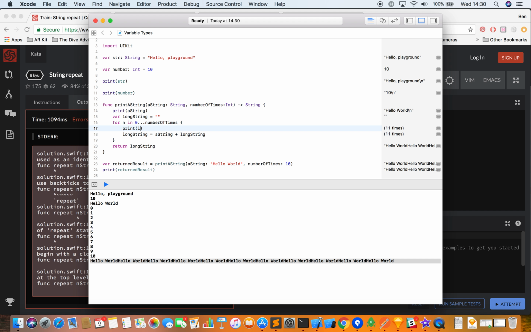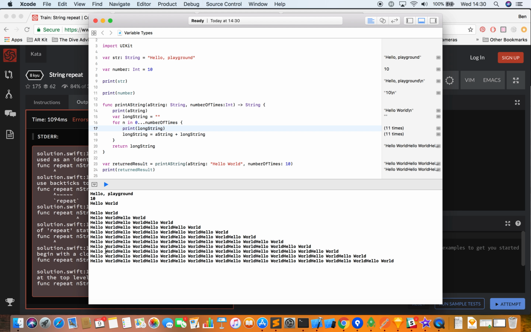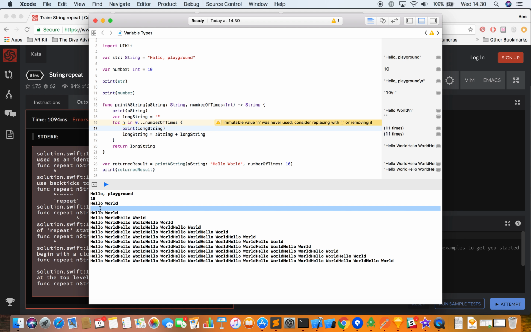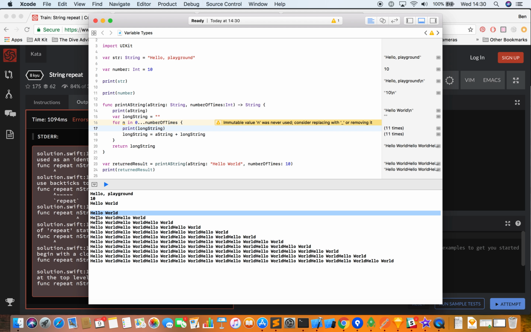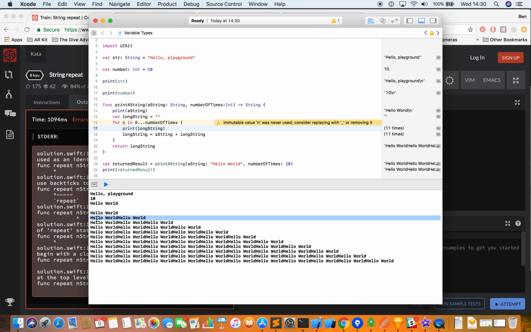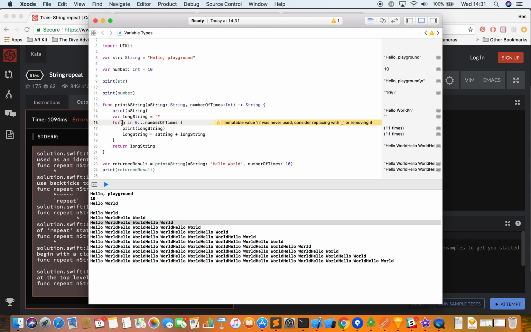Let's print long string in the loop just to see what's actually going on. And you can see here a more visual depiction of what's happening. On the first loop, there's nothing. On the second loop, there's one hello world. On the third loop, there's two hello worlds. On the fourth loop, there's three, and so on and so on and so on,